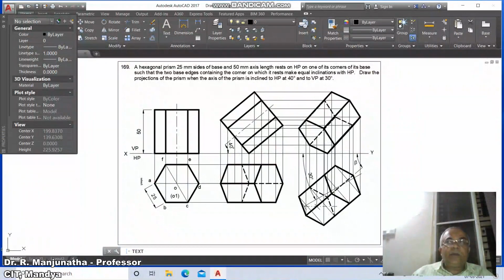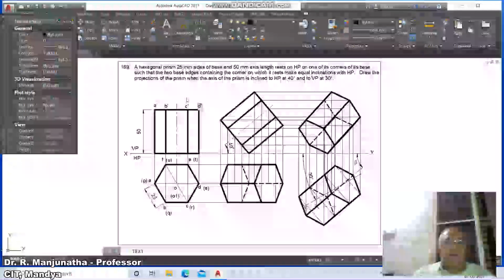Now here you type P, bracket P, and here bracket Q, and here type bracket R, and type bracket S, and here you type bracket T, and here you type bracket U, and then you type A dash, then go to B dash, then C dash, then D dash, then E